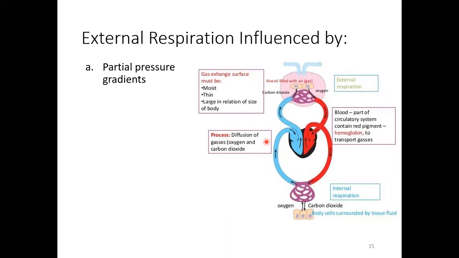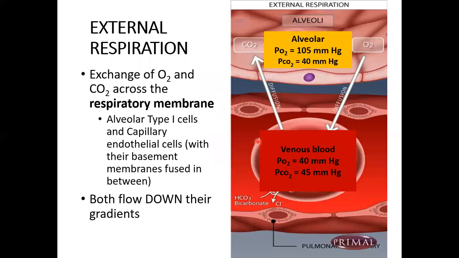This process of external respiration is influenced by 4 different physical factors that we're going to talk about. The first one is these partial pressure gradients. As I said on the previous slide, oxygen in our lungs is at about 100. In our blood, returning from our tissues after dumping off tons of oxygen, it's at about 40. So 100 is much greater than 40, and so oxygen is going to diffuse into the blood